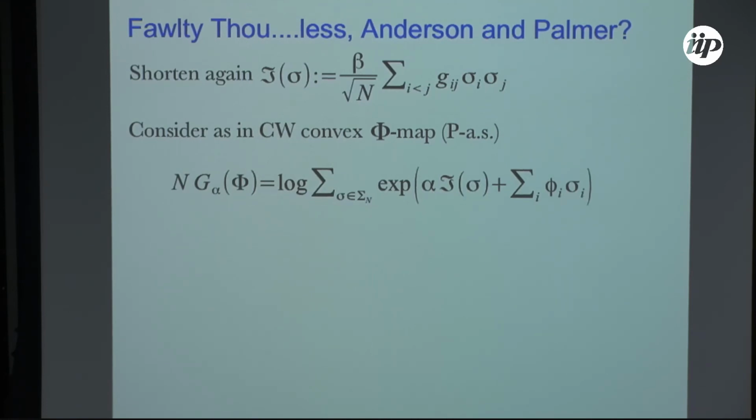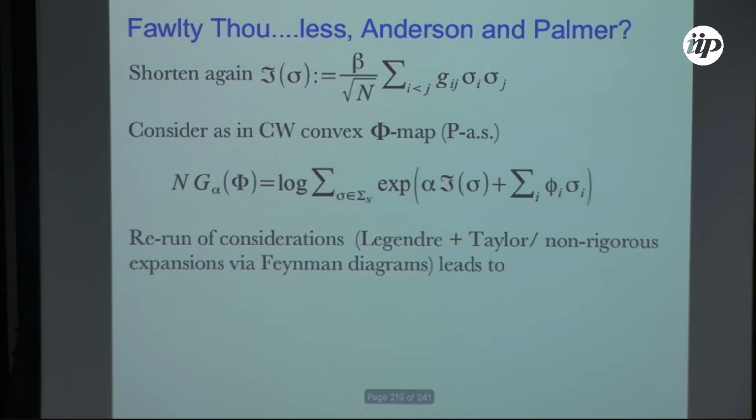And I consider this function, which depends on phi, as a function of phi. And now you can rerun the consideration. This function is convex, just as in Curie-Weiss. If you redo the same type of analysis,